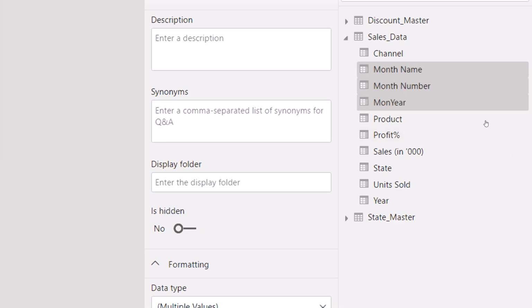There are three columns: month name, month number and month year. But every time we cannot remember each and every column name. Let's say you are doing visualization in the report tab, and you want a particular month number or month name or month year column but you forgot the name, or for the sake of simplicity you want to club these columns. So just select all the columns